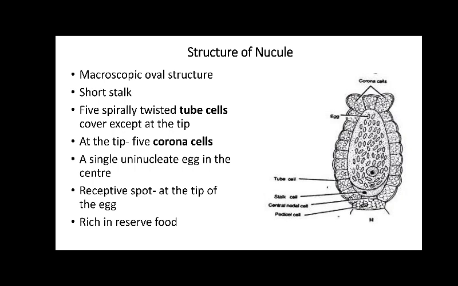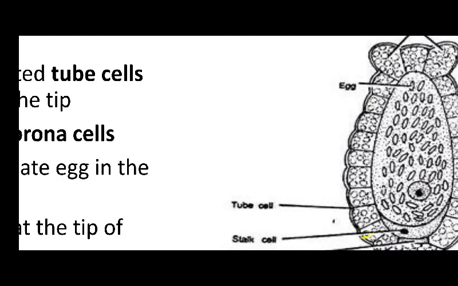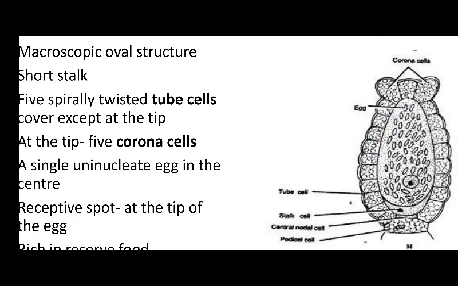ഇതിൻ്റെ ഉള്ളിൽ at a single uninucleate egg is present at the center, and the tip portion which is an uncovered tip portion also known as receptive spot, അവിടെ നിന്ന് ഒരു കെമിക്കൽ യൂസ് ഔട്ട് ചെയ്യും to attract androcytes. And usually like other species, structure of the nucleus also is also rich in reserve food material like oil and starch. ഇതാണ് ന്യൂക്യൂളിൻ്റെ സ്ട്രക്ചർ. നമ്മൾ നേരത്തെ പറഞ്ഞു